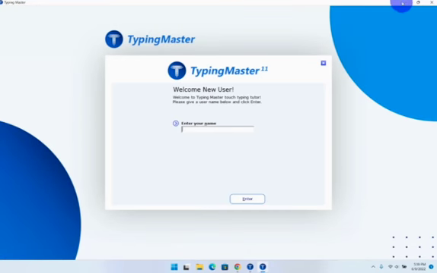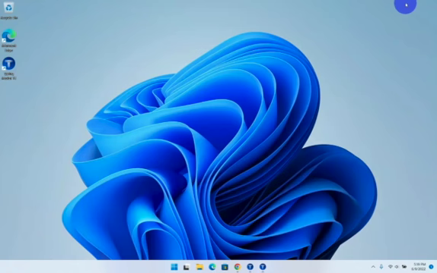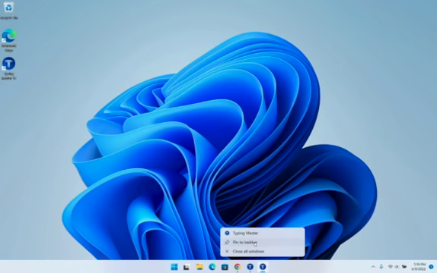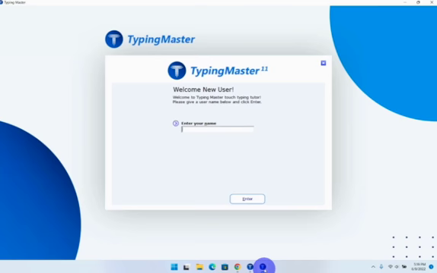Alright, this is what Typing Master looks like. This is just basically the setup, and type your name and start typing. It created the desktop icon for us, and if you wanted to pin it down here, just right click and click pin to taskbar. Alright,